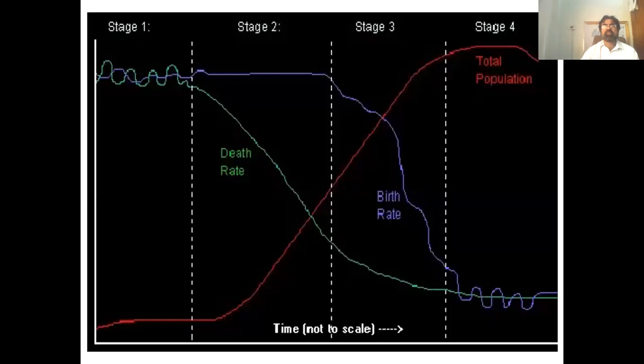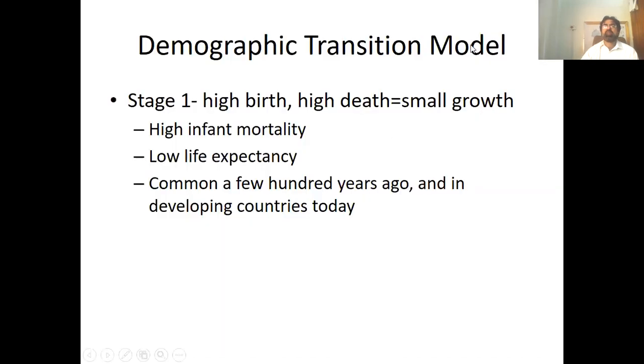This is another graph, stage 1, stage 2, and stage 3, showing the same stages and the relationship between birth and death rate, and improvement in the medical facility, and so on, what we have discussed in the previous slides. Now, demographic transition. Now, look at the slide, what I explained verbally. Stage 1: high birth rate, high death rate, small growth. High infant mortality, low life expectancy, common a few hundred years ago, and some of the developing countries still have